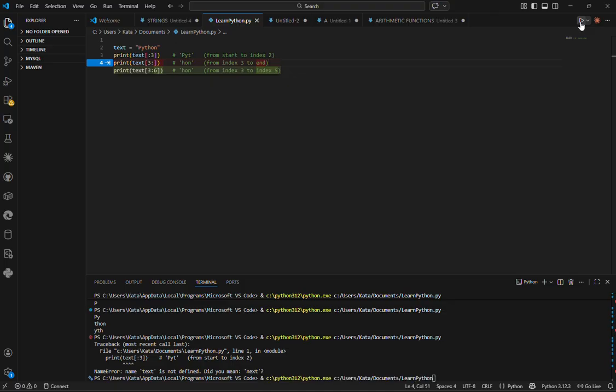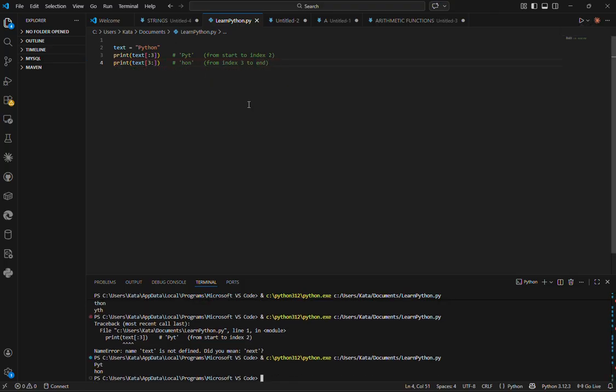Yeah, it's saying that, but I'll just go ahead and skip it since we don't have to write that. Okay, so we say our text is Python, right? And we're saying, okay, print all the characters from the start. By removing it, we're saying start from wherever it starts from. But we want our last value to be